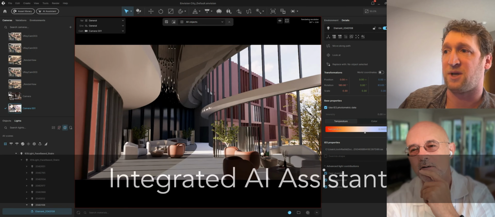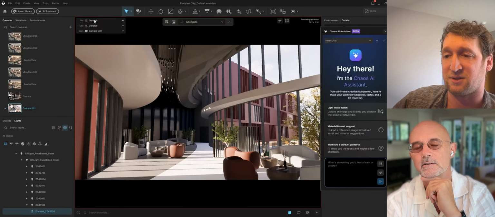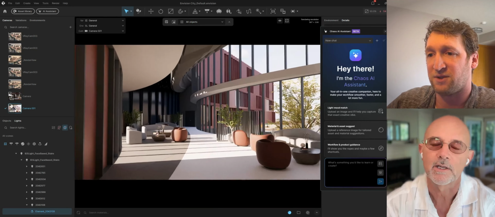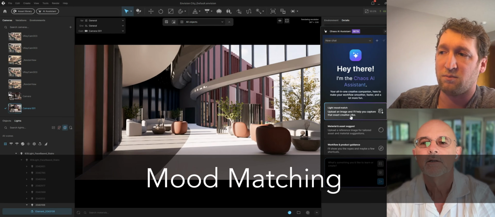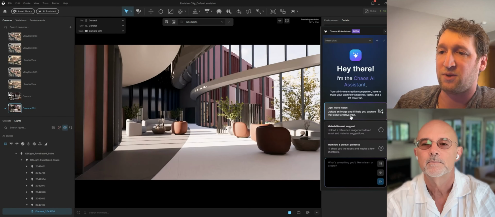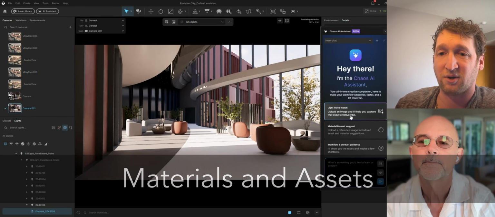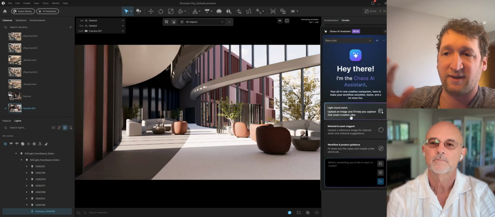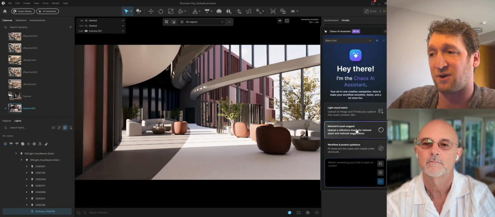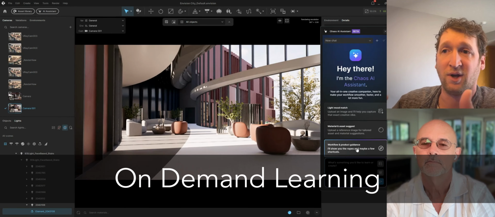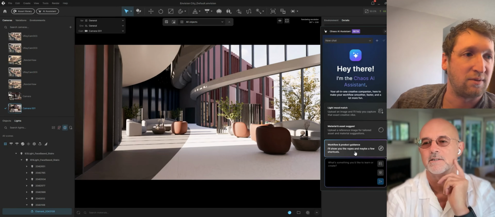More updates along the lines of AI and AI assistant things. Right now we have our AI assistants. This is a brand new one that just came out with Envision 1.5. So this is a really cool one. This can help you do mood matching. It can help you analyze the scene and suggest materials or assets, or you can upload a photo and it will look through the Cosmos library and find assets that match that and show it to you so you can click and place. Or if you just want to know how things work inside of Envision, or if you are trying to do something like, hey, how do I animate people? You can ask it, how do I animate people? In context.